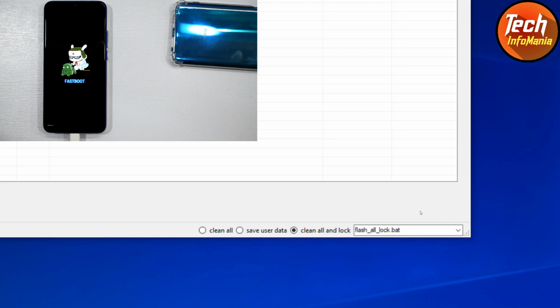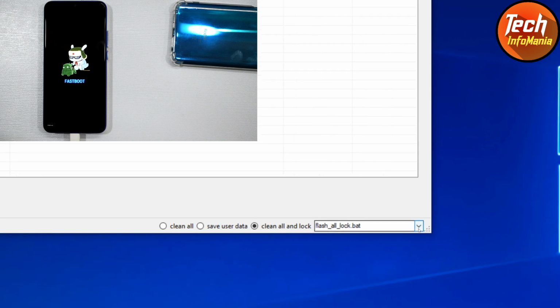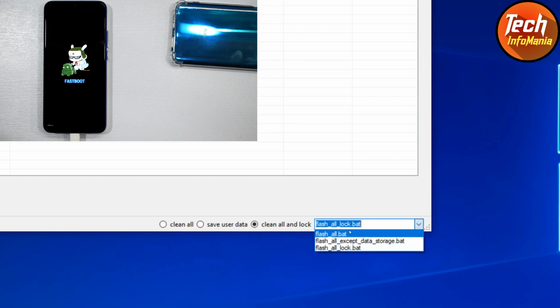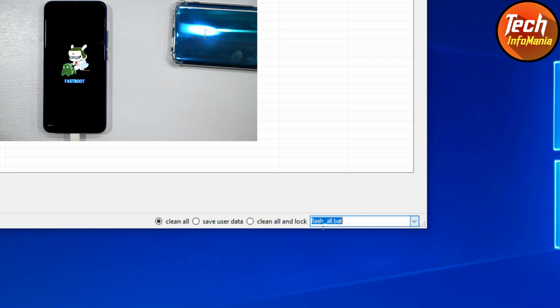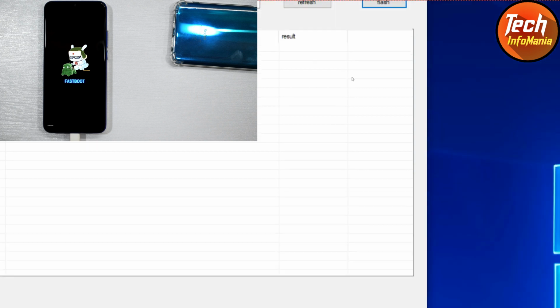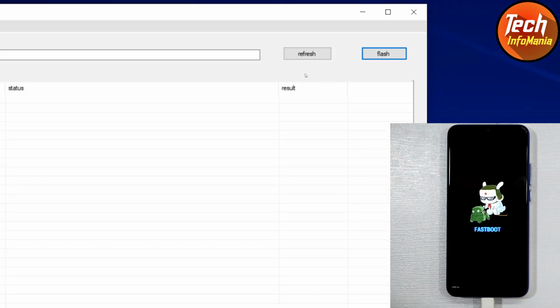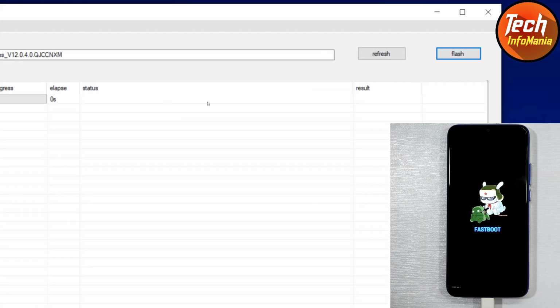I suggest that as long as you are using the MIUI China region ROM, you keep your phone's bootloader unlocked. Do not relock the bootloader as long as you are using the China region ROM. That is my suggestion. Now click here, scroll down and select flash all from here. You must keep the bootloader unlocked if you are flashing and using the China region ROM.